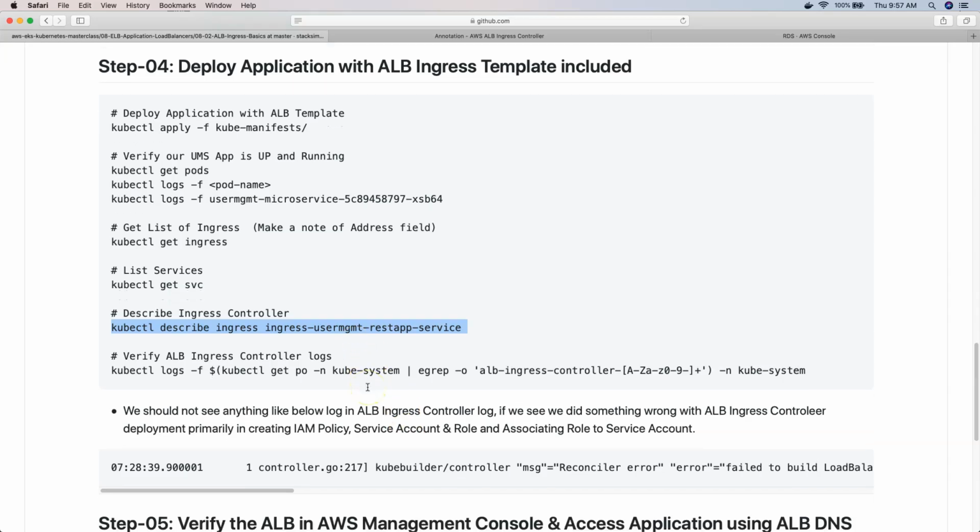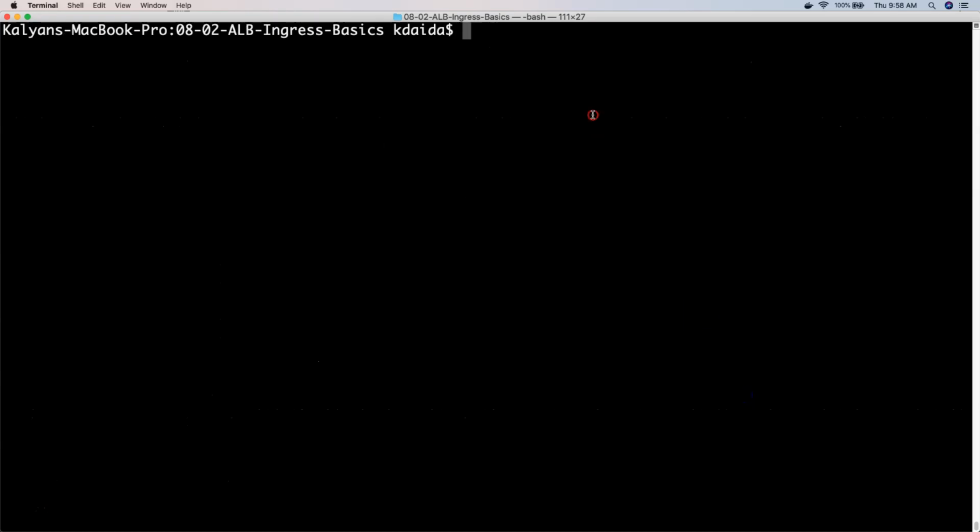Finally, one important thing is always, whenever you deploy your ingress manifest, at least for the first 1 or 2 times, go ahead and then verify the ingress controller logs. So why you need to verify your ingress controller logs is, you have done a lot of work related to creating a Kubernetes service account, cluster role binding, and then IAM policy, and then IAM role. So all these 4-5 things you have integrated. So if there are any issues in that process, then it is going to tell us from here.